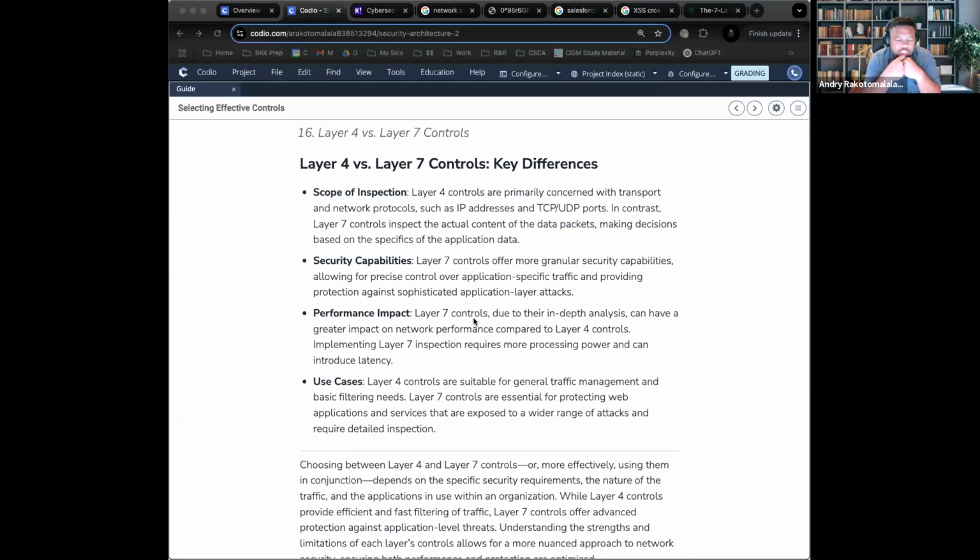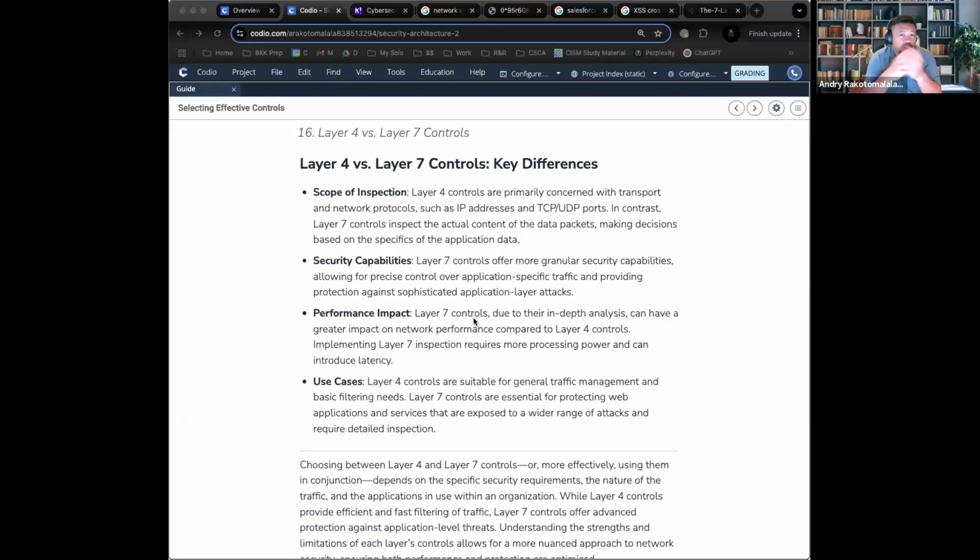And then layer 7 is focused on application, the content, and user behavior. Now, the performance is that layer 4 tends to be fast because it tends to have devices there that allow it to manage the network, whereas layer 7, because it's doing so much inspection, because it's ingesting so much data, it tends to be a little slower.